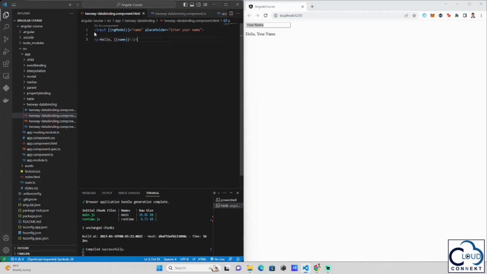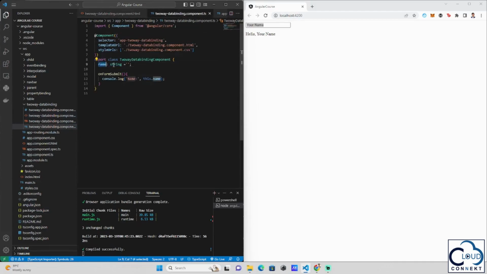So again, we created an input element using ngModel, which is equivalent to the variable name, wherein if you type a text in this input, it is automatically passed into the variable name in our TypeScript, which is initially null,